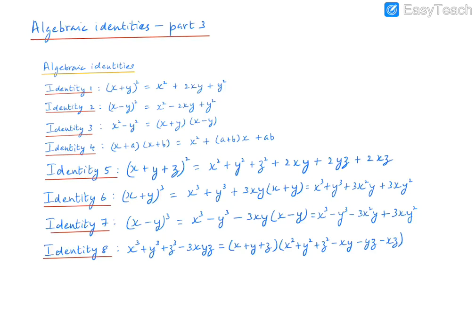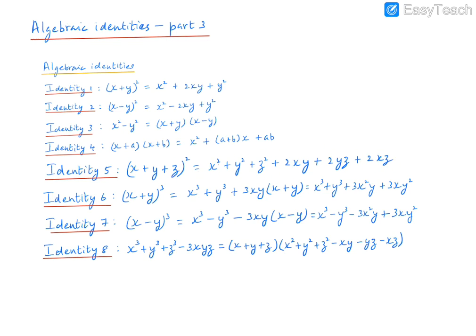In the last video, we had discussed the last four identities of this chapter, identities number 5, 6, 7, and 8. And we did some example problems and also some exercise problems related to identity number 5, which is a trinomial with a degree of 2. And we saw examples of how to expand an expression of this form using this identity,